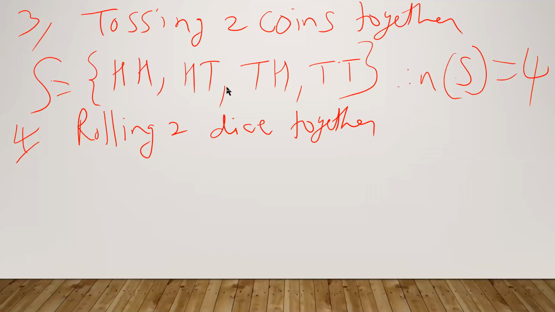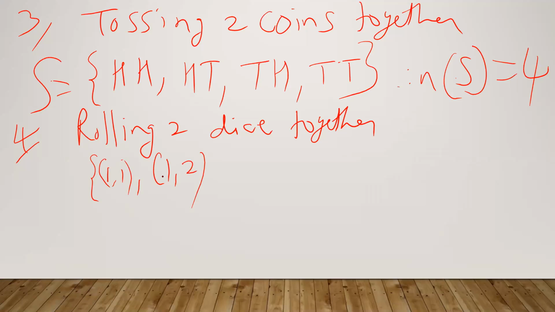or if you are throwing 2 dice together, what will be the possible results of that experiment? Let us list down all of them. It may happen that the number 1 has come on the uppermost face of the first dice, and on the second dice also 1. So this is one outcome, 1, 1. Next, you can have 1,